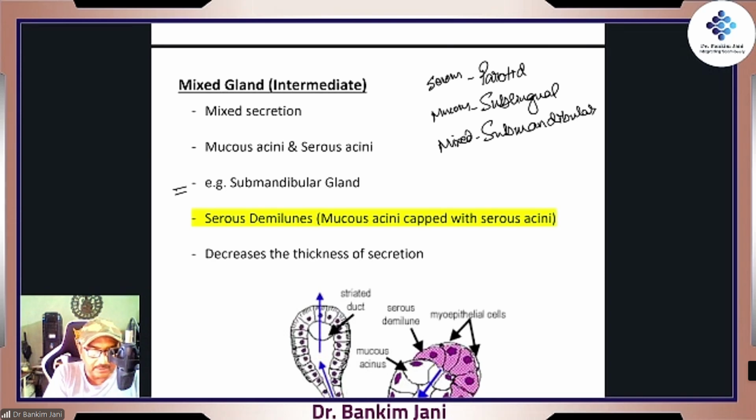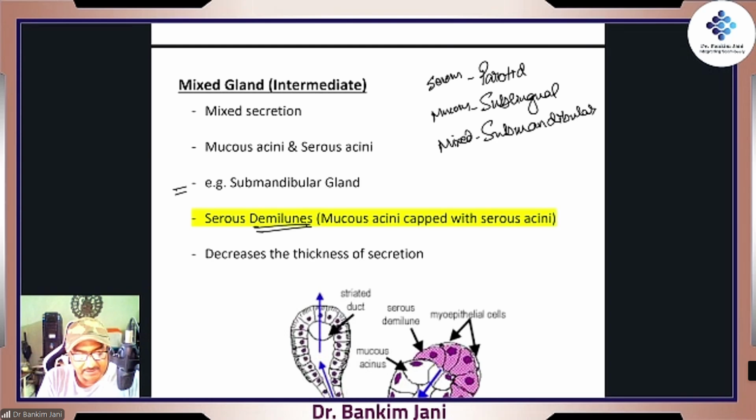So here it is the submandibular. How to identify this? Very typical. It is called the demi-lunes. Again, there was one email asking, sir, do we have to remember such terminology too? Absolutely, son, all the terminologies. What you are getting in these notes is just the juice of this entire topic.